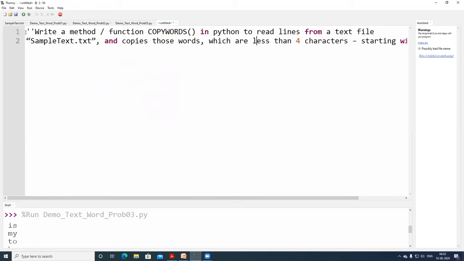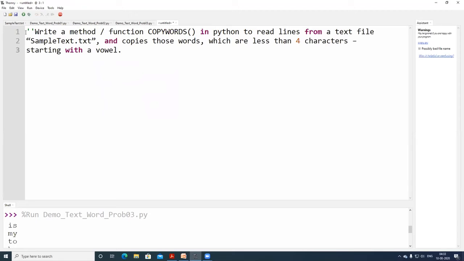You are trying to copy those words which are less than 4 characters, and that too starting with a vowel. See here, my starts with a non-vowel. To, it starts with a non-vowel. Has, it starts with a non-vowel. These 3 will not be copied. The starts with a non-vowel.